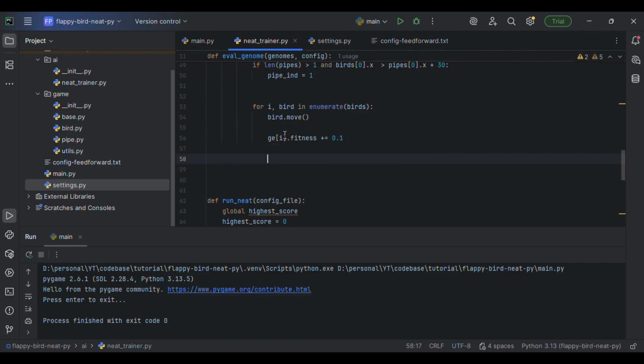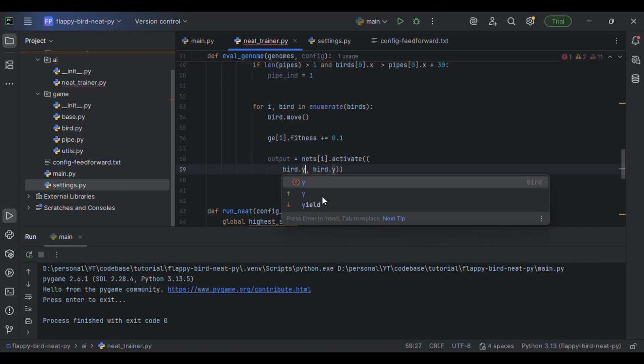Okay, now it's time to decide if the bird should flap or free fall. So for that we'll make the decision. For each bird we have the nets, so nets at i will activate that net. As we have defined in the configuration file, we'll have 3 inputs and 1 output node. So we'll give the bird's y position as one of the inputs,